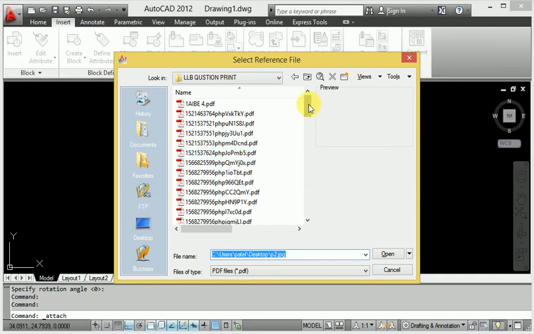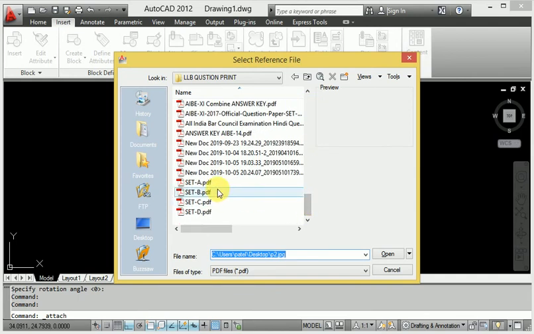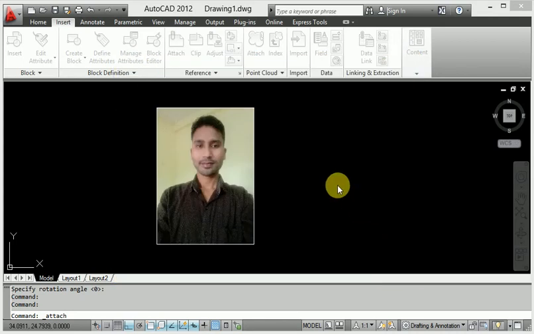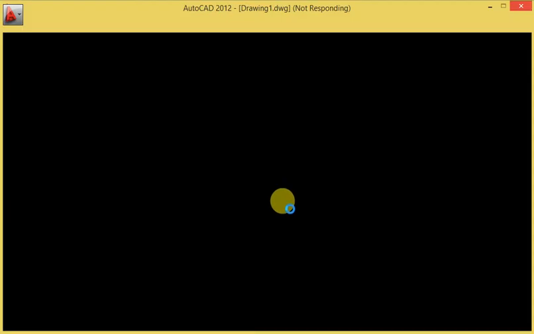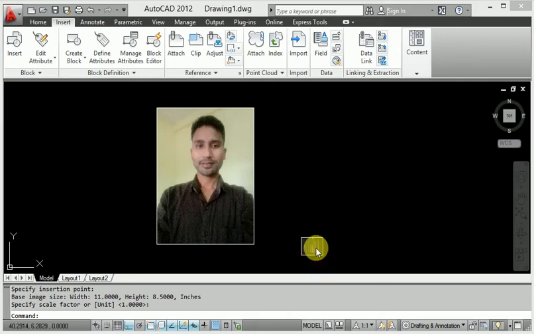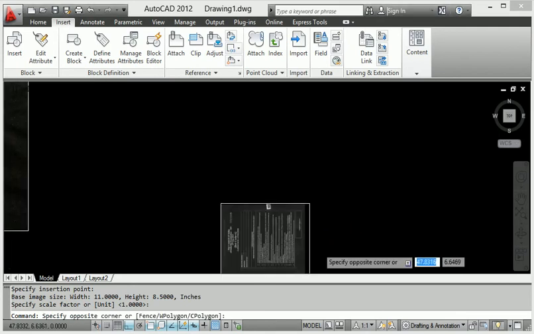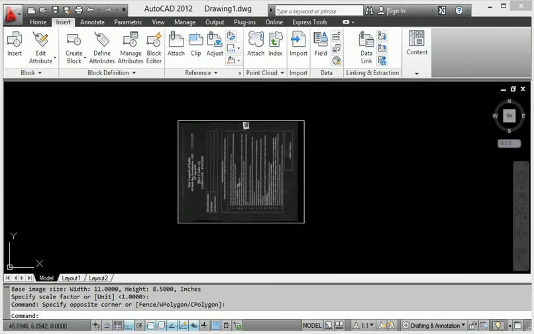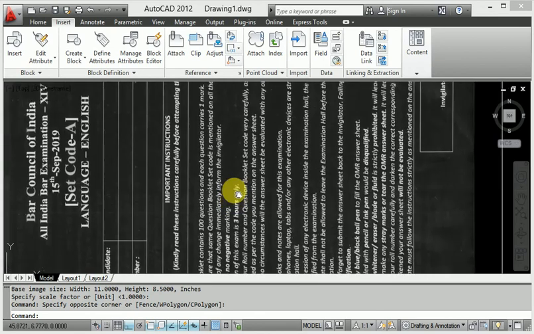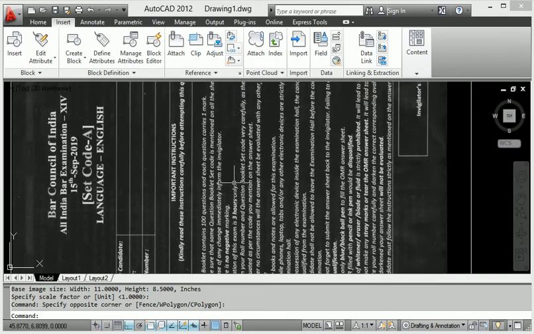When I want to insert any image, it is very easy to insert here in the AutoCAD background. So look at this here. When I insert the PDF right now, it is inserted the easy way. You look at this, all our diagram has been inserted in our AutoCAD background.